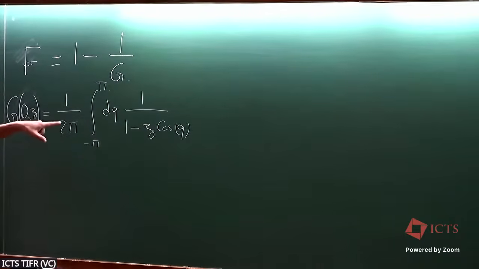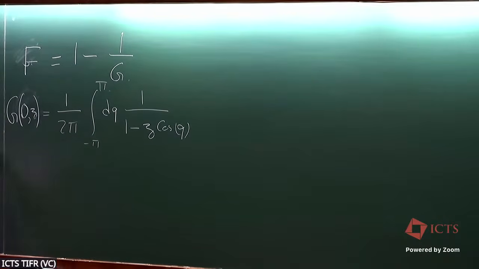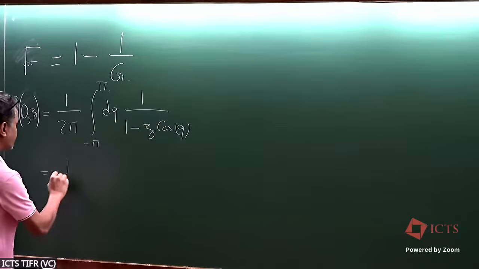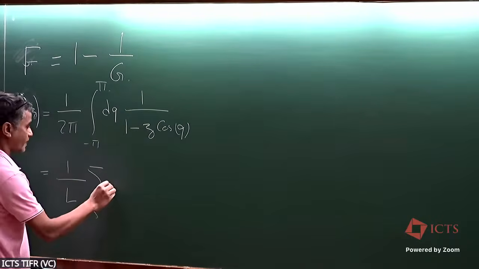Now this will, of course, change on a finite lattice, right? So you can try to convince yourself that on a finite ring with sites going from 0, 1 to L minus 1, this is replaced by this formula 1 by L